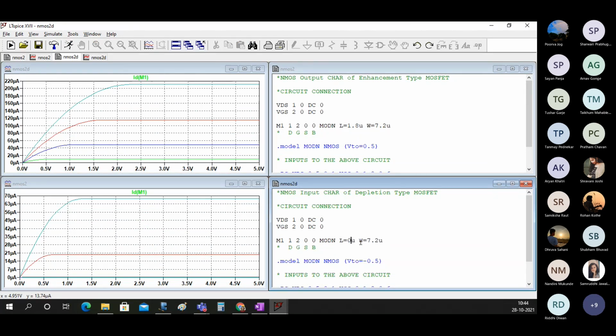So this is the primary advantage of the MOSFET, that its characteristics do not change if you make length and width small by the same amount. You can still derive the same current from the MOSFET, which is not true in case of BJT or JFET.